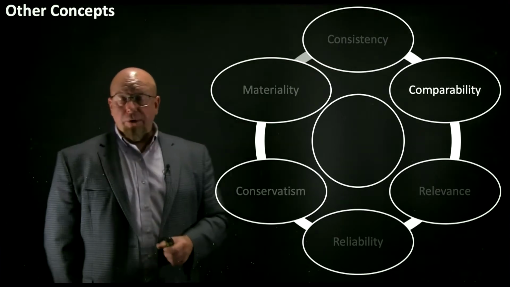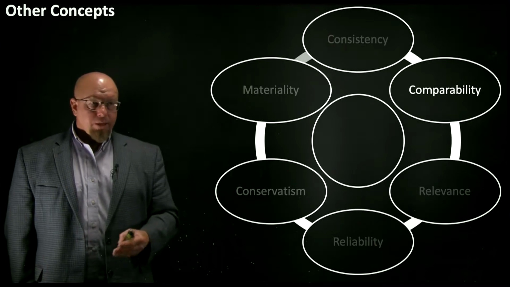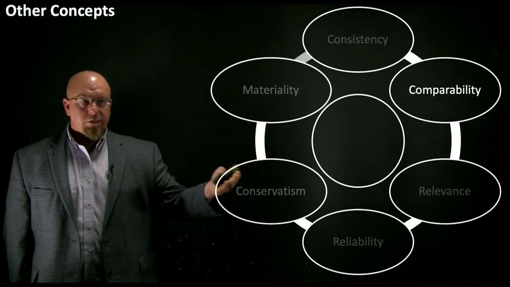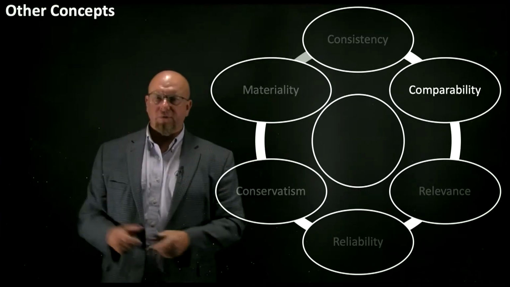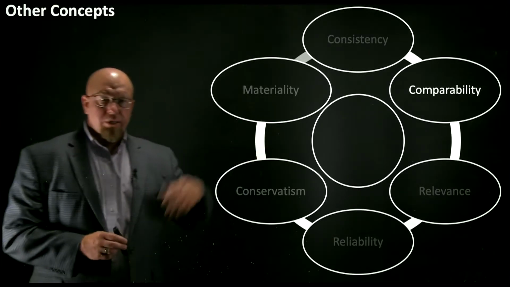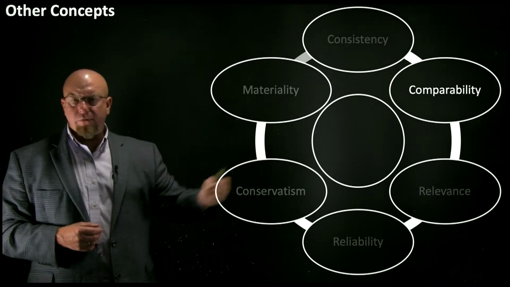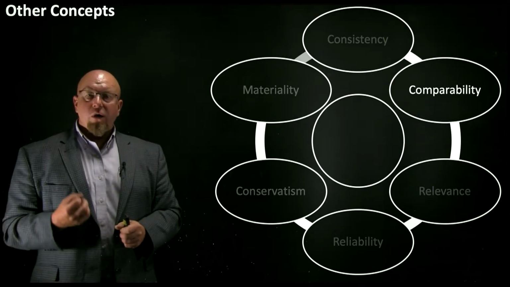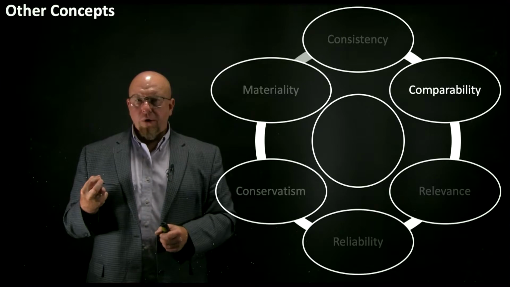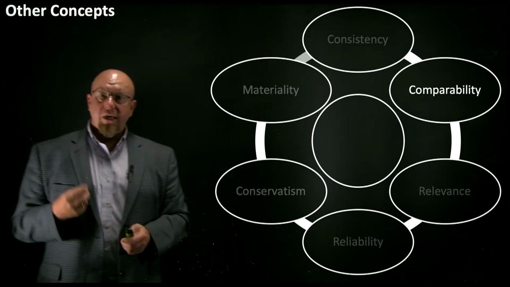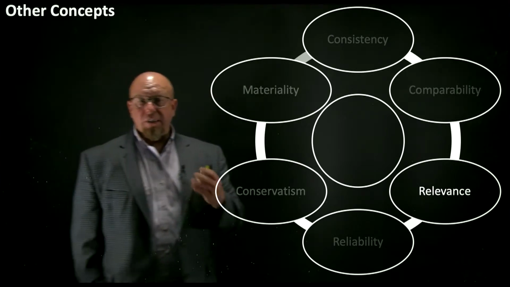So we try to encourage that comparability. Now, there are plenty of opportunities for discretion, even within United States GAAP. For example, maybe one of the entities uses last in, first out for inventory. The other one uses first in, first out. Could be that one of the entities depreciates equipment over 7 years. The other one does it over 5 years. Okay, so we do need to understand the differences in order to be able to make comparisons between companies as we evaluate their relative performance. Financial information is supposed to be relevant.